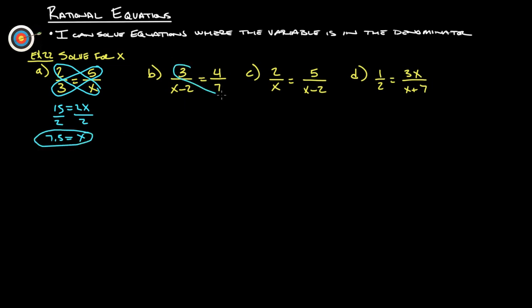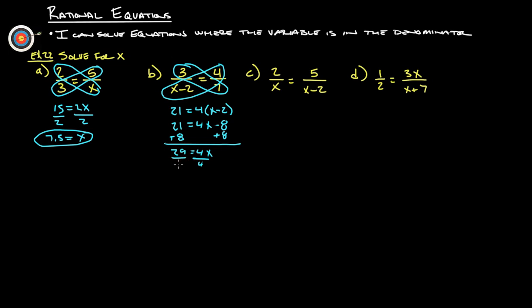Same thing here. Just do cross products. 3 times 7 is going to equal 4 times x minus 2. So 3 times 7 is 21, and then we have 4 times x minus 2. I'm just going to write that out here so we don't foul anything up. Distribute that 4 through, and we get 4x minus 8. I'm going to add the 8 to both sides, so we get 29 equals 4x. Divide both sides by 4, and you can simply leave this as x equals